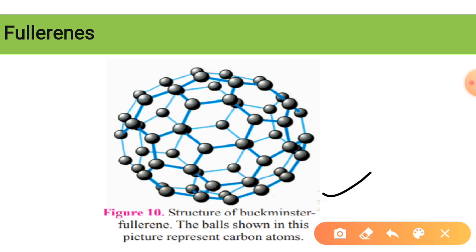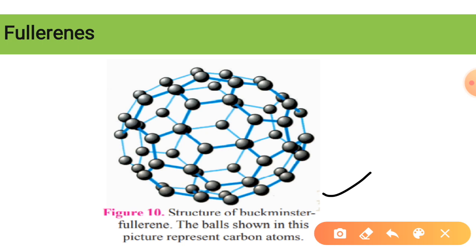So this is the C60 allotrope. Now this C60 means 60 carbon atoms are connected together in this special structure which appears like a football. Fullerene was named Buckminsterfullerene due to its resemblance with the geodesic dome, that was designed by an architect, and it was named so in his honor.